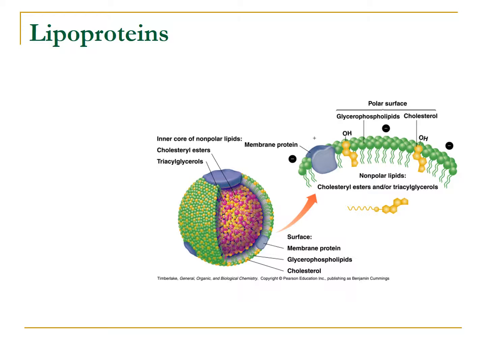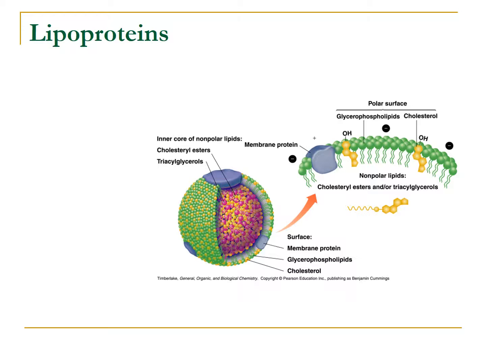So by gluing them together with these membrane proteins, and then having these glycerophospholipids on the surface, which is very similar to a cell membrane on the surface, you can create these little packets of lipids that can then be transported through the